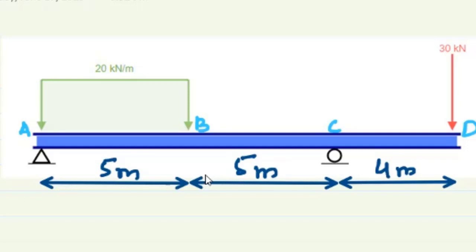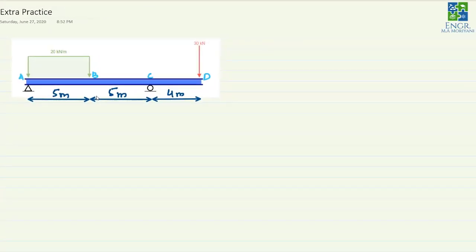And we know that our first step to draw the shear force and bending moment diagram is to find out the support reactions. There are two supports here: one is a pin support and the other is a roller support. If we draw the free body diagram of this case, it will look like this. Instead of the hinge support, we have to provide two reactions. One will be vertical, which we will name VA because it is a vertical force existing at point A, and the other will be horizontal, so this will be HA.